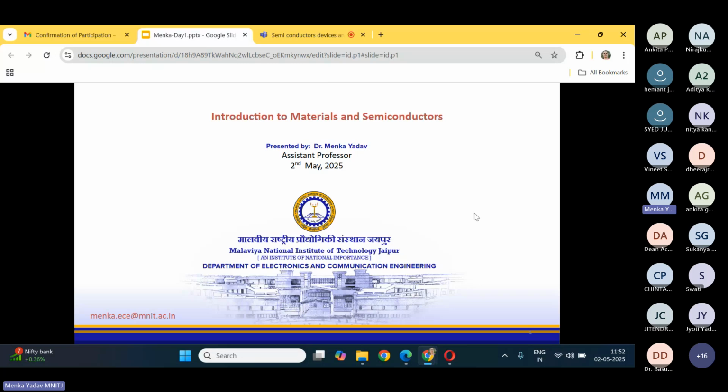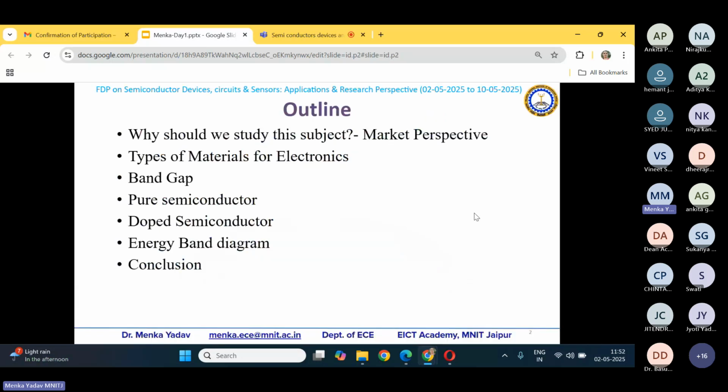So basically, let us start with the outline of this particular 1 hour. First of all, we'll focus on why this subject is important. Already the importance of multiple subjects from the ministry point of view, countrywide skill nurture and all these things, has been discussed by Professor Saula and Dr. Nanda. Now let us discuss the market perspective.